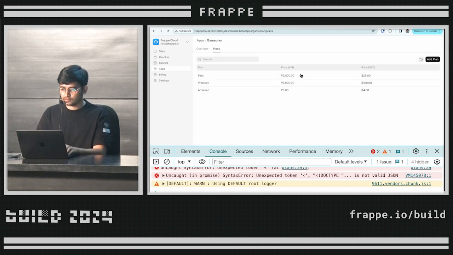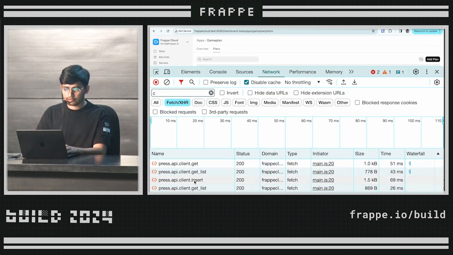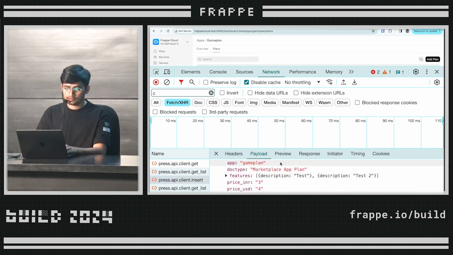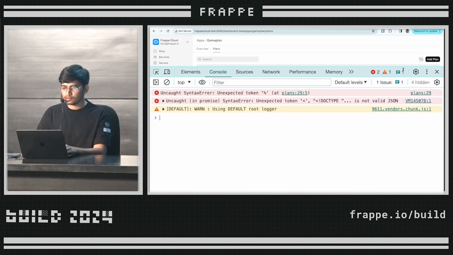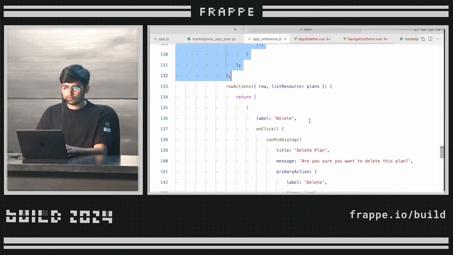Something that I was missing. But yeah, this is how you can add, and the query that it sent was this Frappe API client insert, and the values were sent like this. Similarly, we can also add delete. I'll also just show how